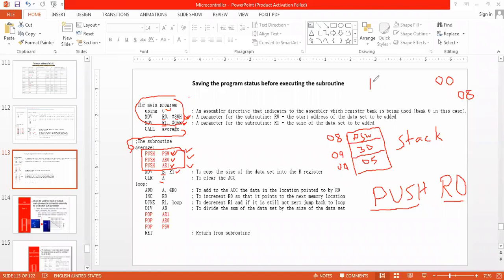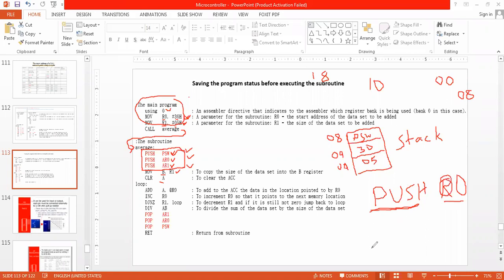If I am in bank 2, the address of R0 is 10. And if I am in bank 3, then the address of R0 is 18. So from which address should push send the data onto the stack? It will not know. That is why instead of the register name, I should write the address here.